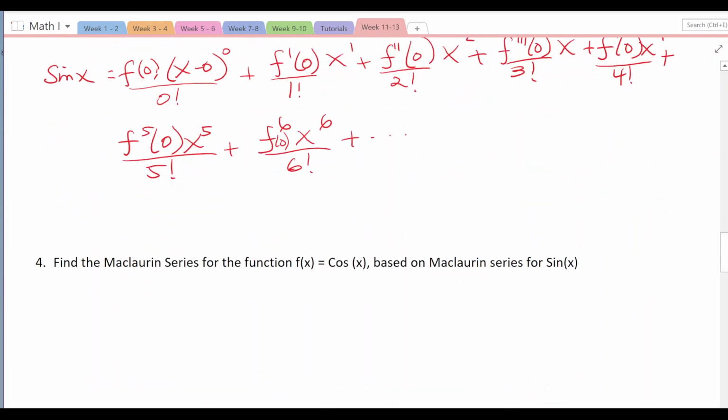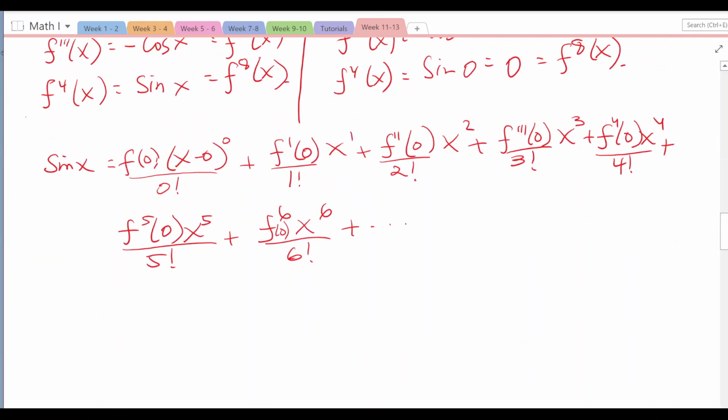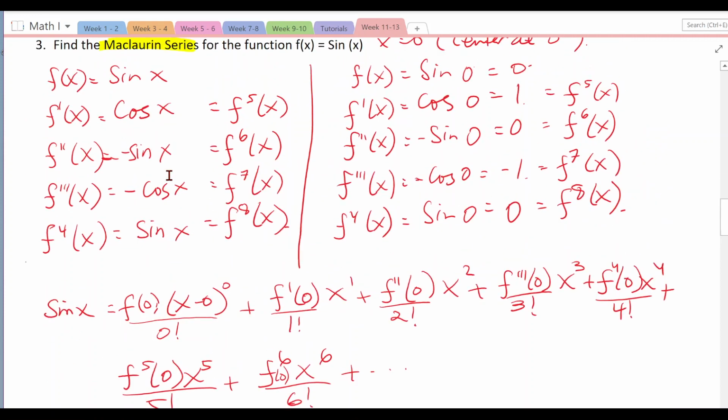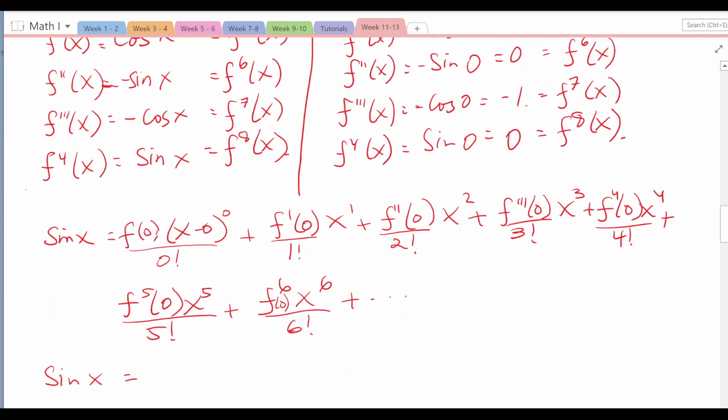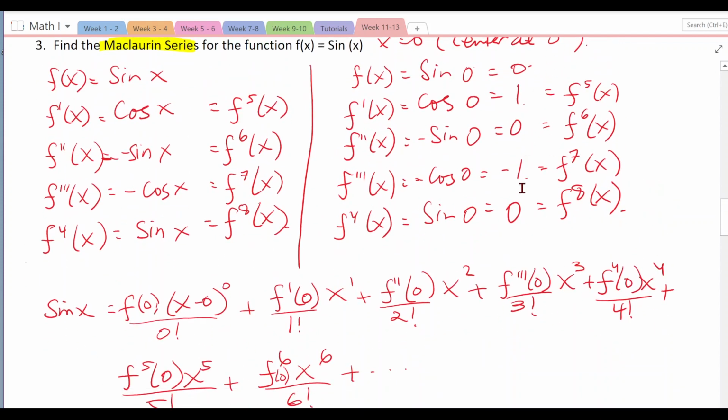So we start substituting our coefficients from the above information. In the Maclaurin series expansion of sin x, the first term will be f of 0. I don't know if you remember, f of 0 here, the value at 0 is 0. So we have 0 in here. And then for the first derivative, this one is positive 1.